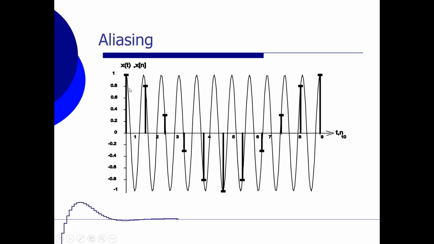Let's have a look at this signal. We have a sine wave over here, and that sine wave is sampled at certain points. Here, here, here, here, here, etc. And we see that in this case, we do not meet the requirement of Nyquist. So the sample frequency is not twice the frequency of my sine over here.